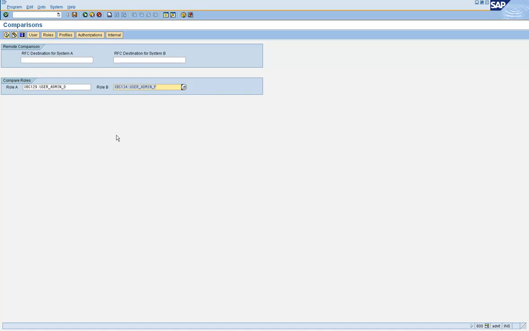The second problem is, after your transport goes into production, the first person's transport comes into production. But the first person's transport does not contain your change, whatever modifications you made. So when it gets into production, it's going to override your change. So your user starts getting the same authorization error again.